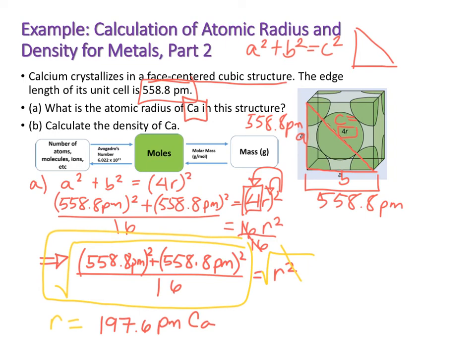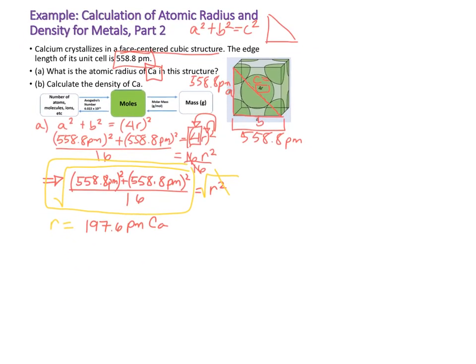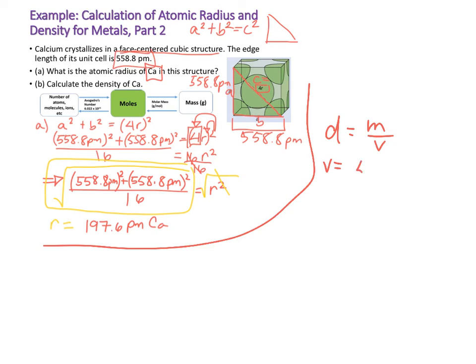Now, next should be a little bit easier. So we are going to find the density. To find the density, we need the mass and the volume. Remember that the volume, I'm going to circle this off, is just equal to the edge length cubed. So this will be equal to our edge length in picometers. We need to convert that to centimeters, and once you convert it, I'm going to let you do that on your own, but you should get this right here,